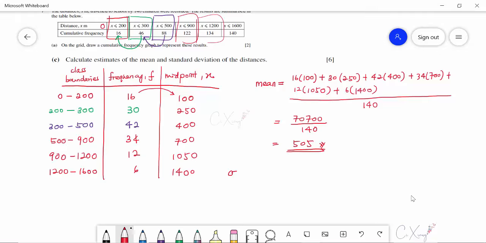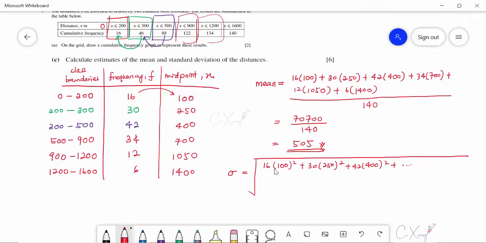To calculate the standard deviation, the formula will be the summation of fx squared. That means you have to take the frequency multiplied by the square of x. So 100 is the x, right? You square it, then multiply with the frequency. Then you do the same thing for the rest: 30, and then 200 squared, and so on. You repeat the whole thing until the last class, then divide by 140,